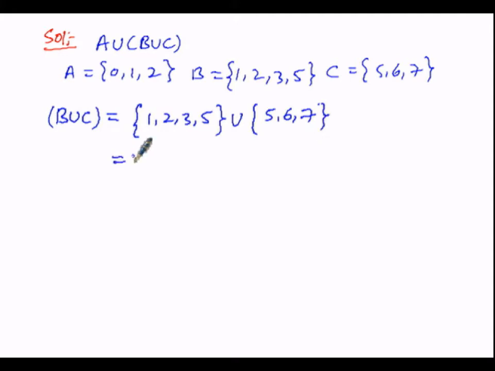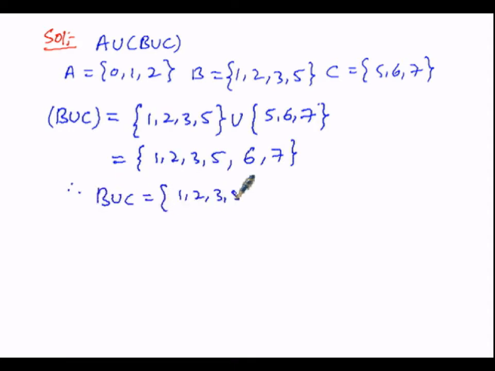In order to find out the union of the two sets, B and C, we have to write all the elements of the first set, that is 1, 2, 3, 5. Then we write the elements of set C, that is 5, 6, 7, in such a manner that they are not repeated. 5 is already present in the set of B union C, so it should not be included again. 6 can be included, there is no such element. Then 7 also can be included because there is no such element in the set of B. Therefore 1, 2, 3, 5, 6 and 7 are the elements of B union C.